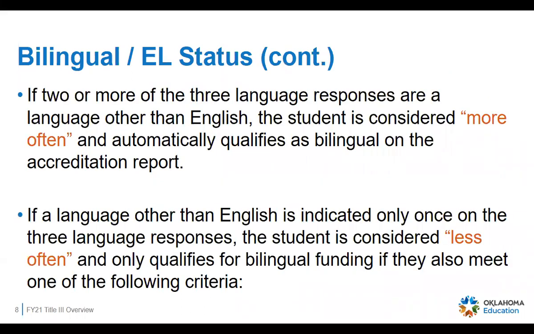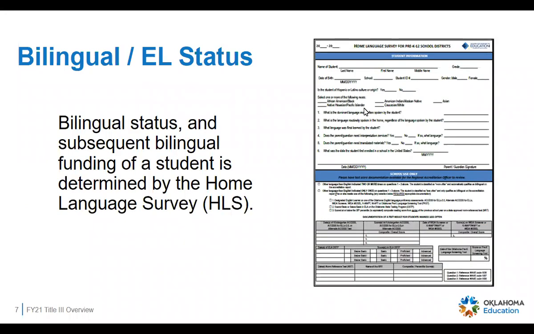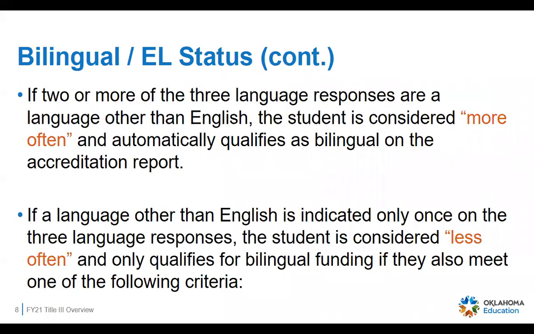So for bilingual students, okay, let me back up a second. There are a series of questions on the home language survey, these numbered questions 1 through 6. And the first 3 of these regard language. And if a student